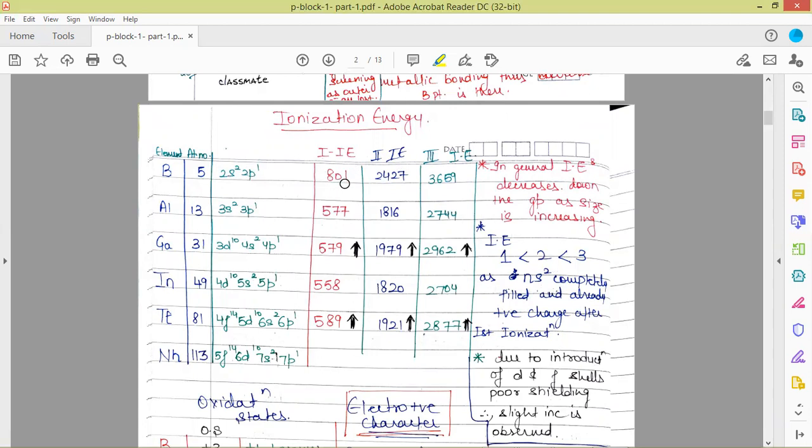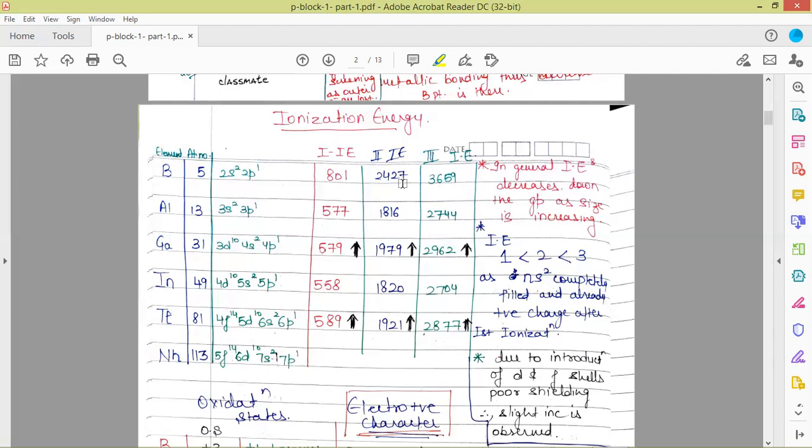That is already a cation. So it is definitely difficult for removing an electron from it. It must require a high amount of energy for removing an electron from a species which is already positively charged. Now, for the third electron to be removed, the cations are already divalent, so it is further more difficult in comparison to the previous case. That is why the successive ionization energies are always greater.